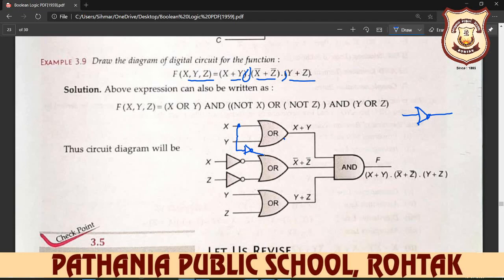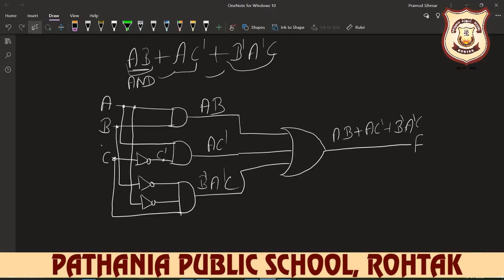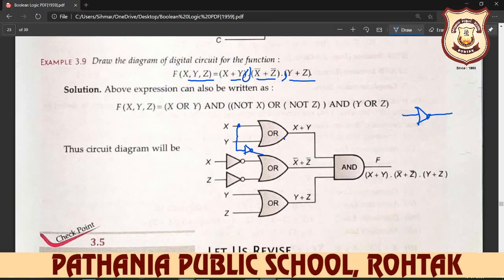You write a different variable name here. Again you write down the name. Otherwise you select it like this way. You select from there. Otherwise you draw it a different way. Then you write down Y, then you make the NOT gate here, and then draw the OR gate. After that again you write down Y Z and you draw the OR gate, and after that you combine all these gates in an AND gate, and this is the output of this.